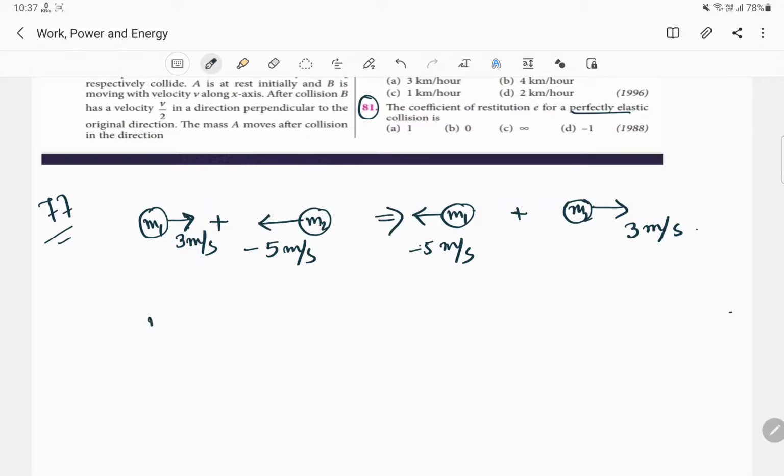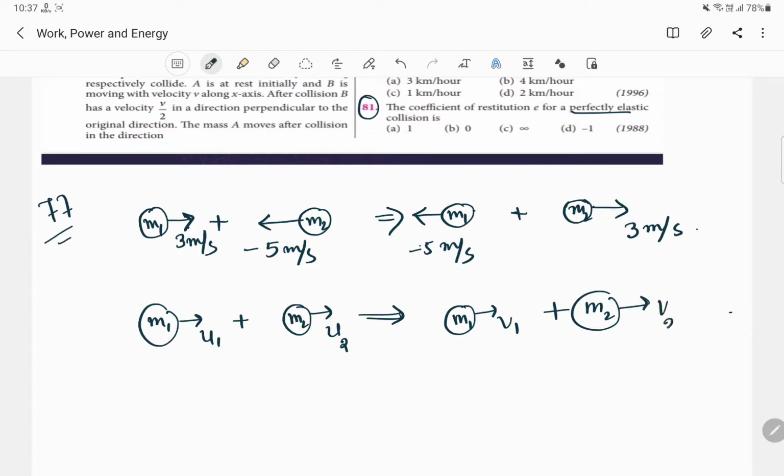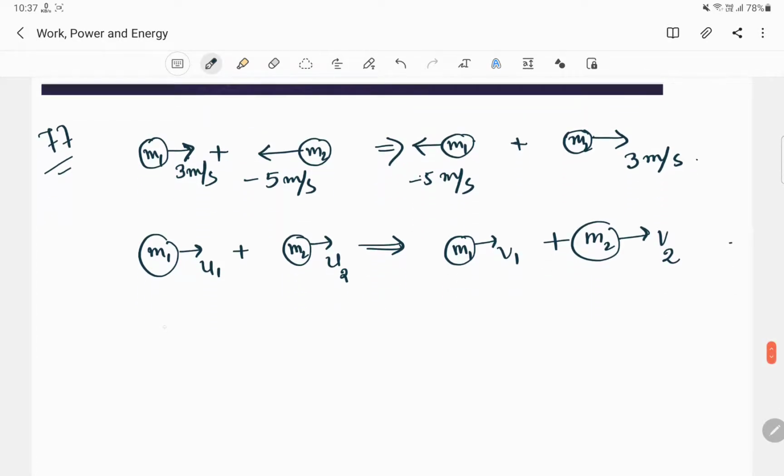We have m1 moving with velocity u1 plus, and what about m2? M2 was initially moving with speed u2, and after collision this m1 moves with a velocity v1 and m2 moves with a velocity v2. And what was the formula for velocity of the first particle after collision? For elastic collision, we have this formula: